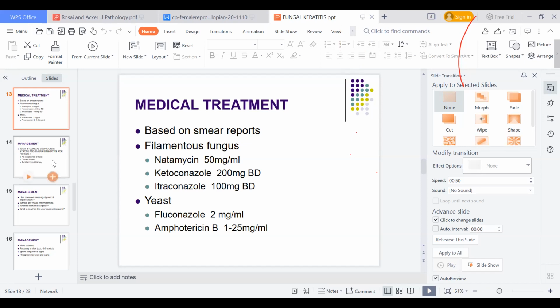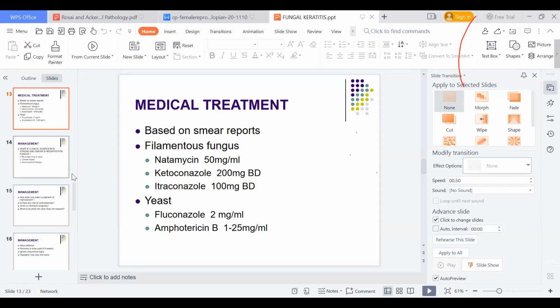The agents which we have available are natamycin, voriconazole and amphotericin B. We know that voriconazole and amphotericin B we have to prepare, and it has to be prepared in sterile conditions because contamination of these medicines is also a big issue. Many times we don't really look into that. And natamycin is commercially available. We all know, fortunately, 80% of all fungi would respond to natamycin. Only in few cases we would have to consider supplementation either with voriconazole or with amphotericin B.